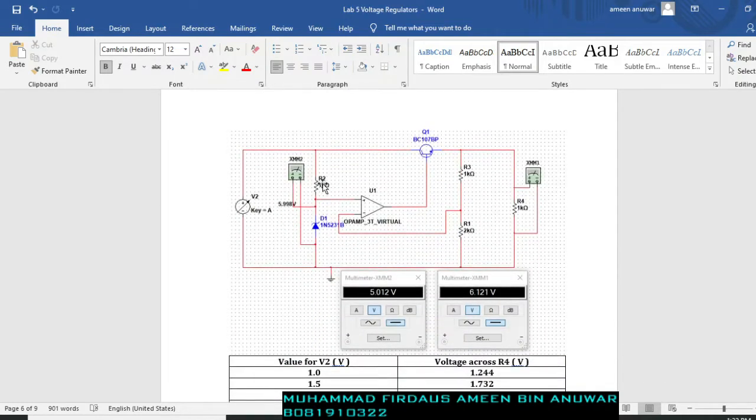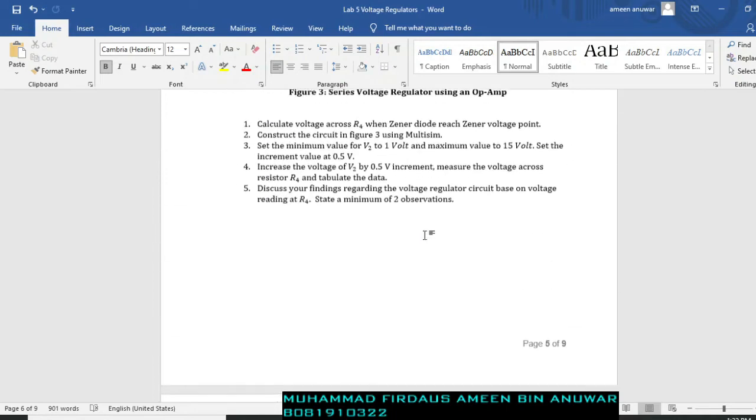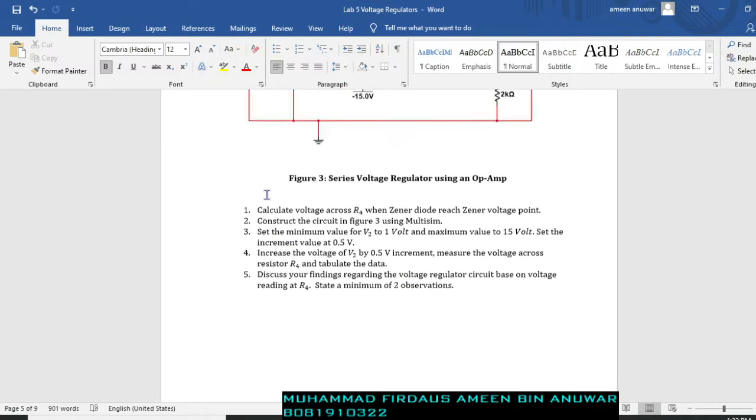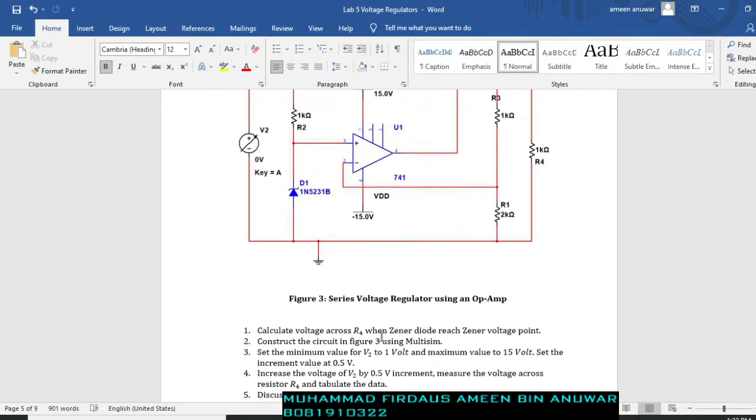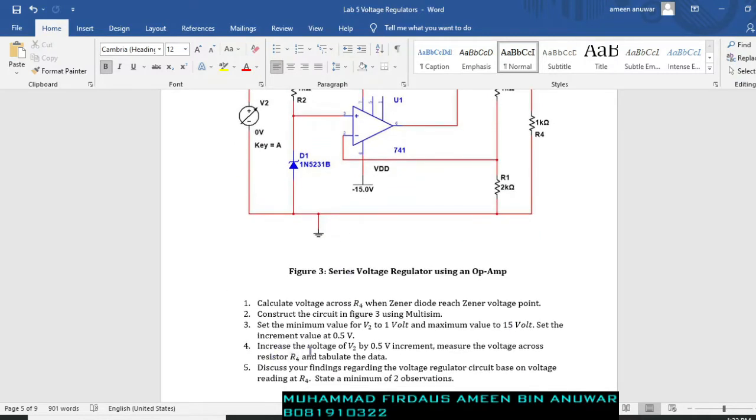So this is my circuit construction in Multisim. And number 3 is to set the minimum value for V2, which is our input, to 1 volt, and the maximum value to 15 volts, which is 1 to 15. So we need to set the increment value to 0.5 volts. So number 4 is to increase the voltage V2 by the increment of 0.5 and measure the voltage across resistor R4